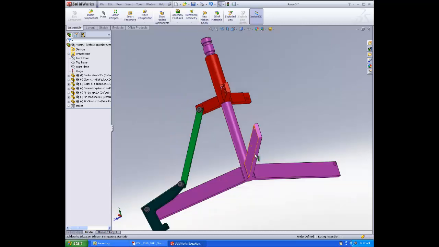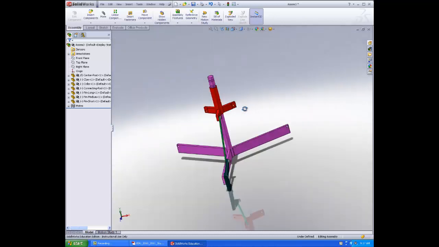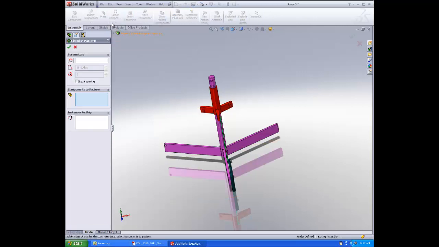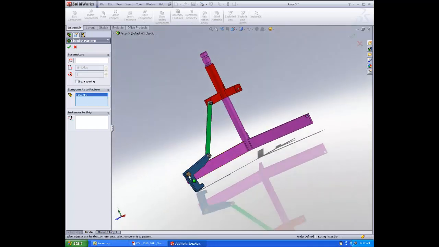And to finish the other two off, we're going to create a pattern. To do that, go to the circular component pattern or linear component pattern, select components to pattern, select the claw, the pins, and the connecting arm. And then along parameters,